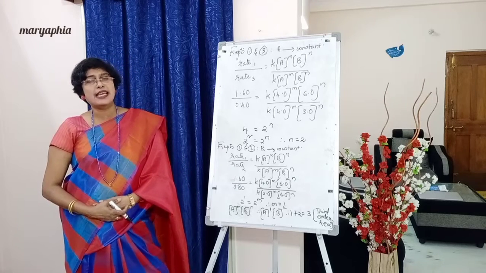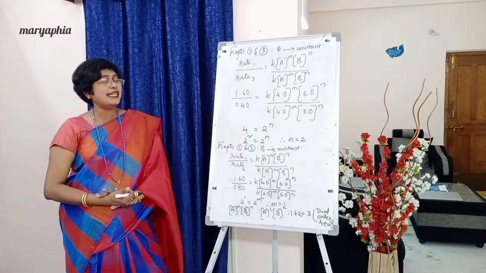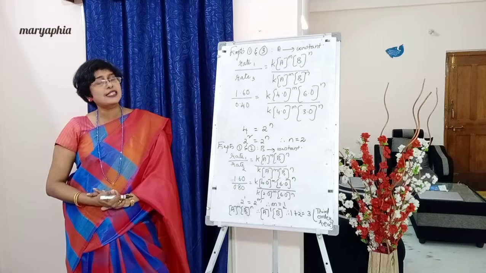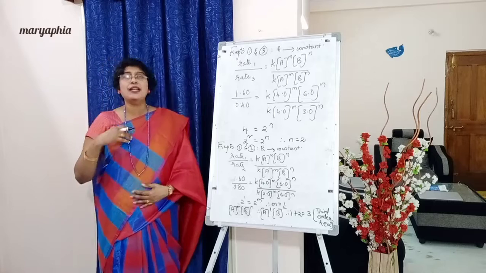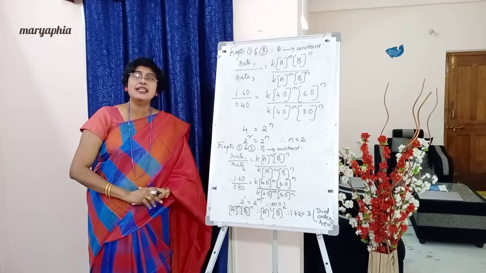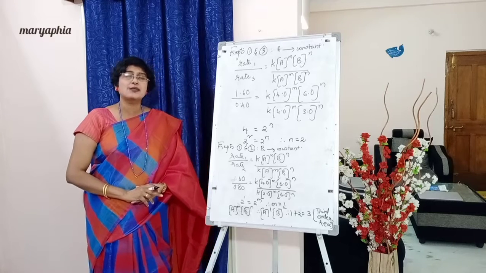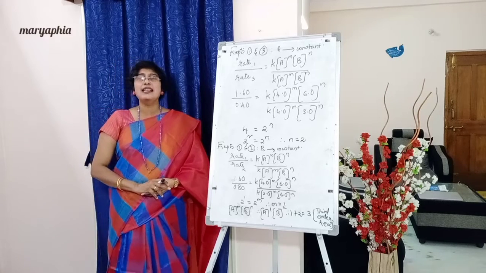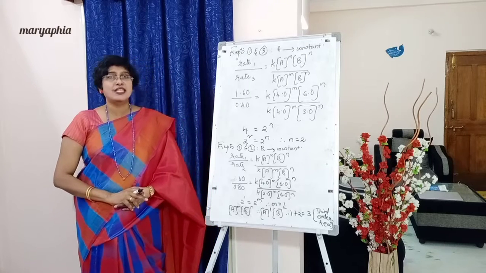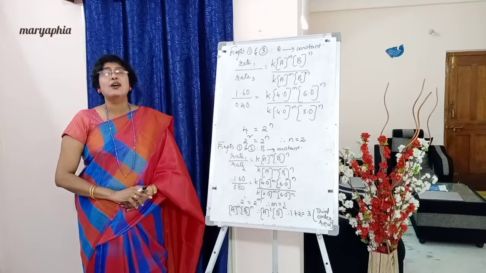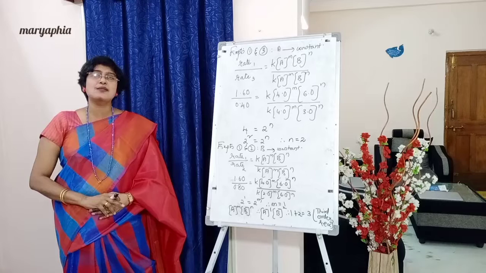So once again, after the class, when you have time in the evenings, please practice this method. It will be easy for you. Okay, students, this is all for today. We have learned the methods for the determination of order of the reaction, four methods in all. Please have a reading immediately after the class in your leisure time, and also don't forget to write all these points in your notebook.